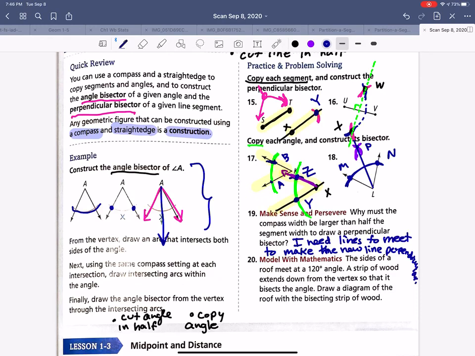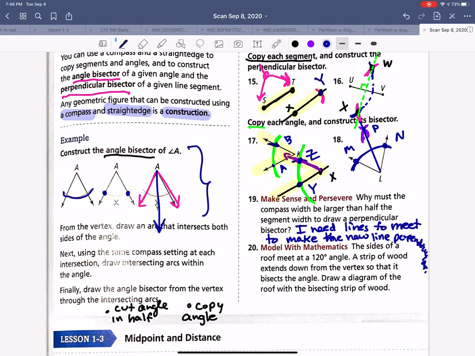Okay. Last one, it says, model with mathematics, the sides of a roof meet at a 120-degree angle. A strip of wood extends down from the vertex so that it bisects the angle. Okay. So the two sides meet at a 120-degree angle. A strip of wood extends down from the vertex,